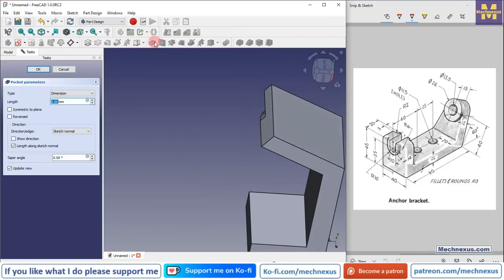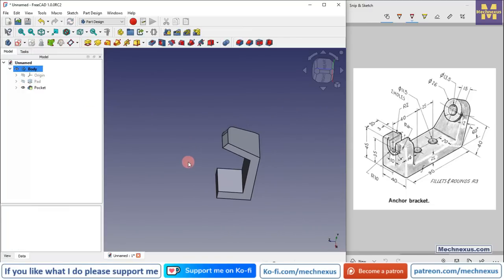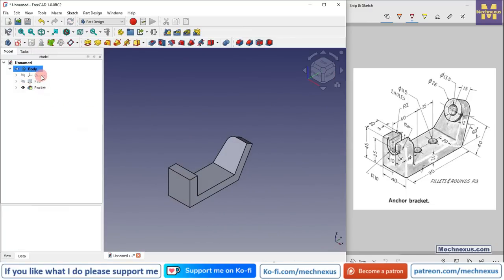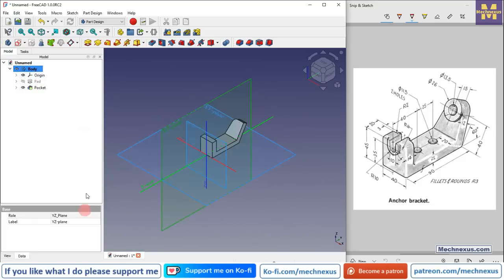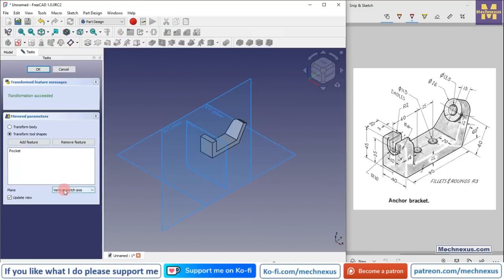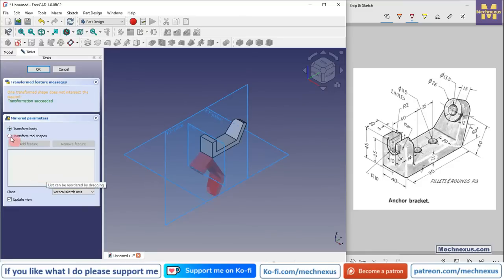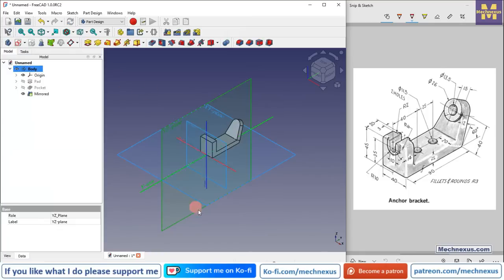Now we will remove this profile material up to this face. So click on the cut and select up to face and select this face, click on OK. Now we will mirror this, and we have the mid plane, so we will select this YZ plane. So select a pocket and click on the mirror, and here select transform shape. So we will select a reference and select this mid plane, click on OK,